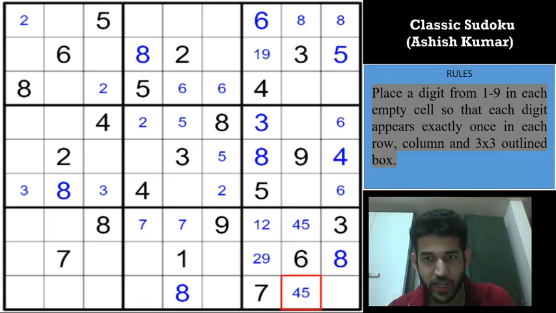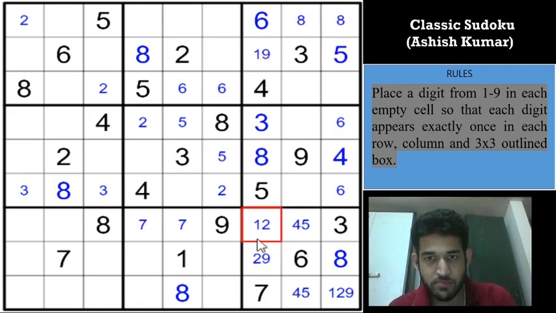cannot be 4 or 5, so it can only be 1, 2 or 9, right? So this will be a 1, 2 or a 9. We can write the candidates. And because we have a triplet here, 1 and 9, or rather these are the only digits left in the column, we have a 1, 9 here,